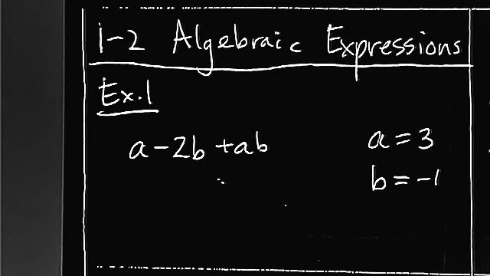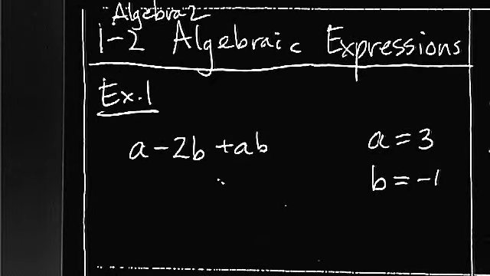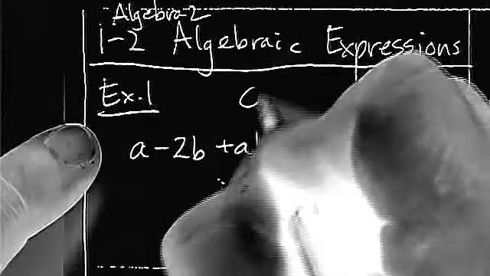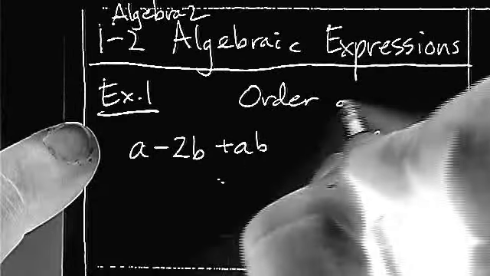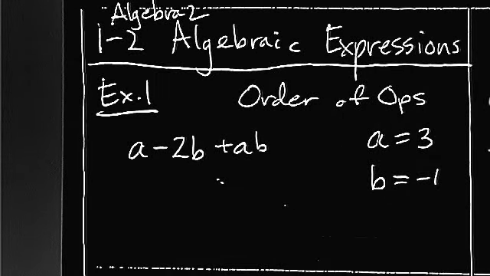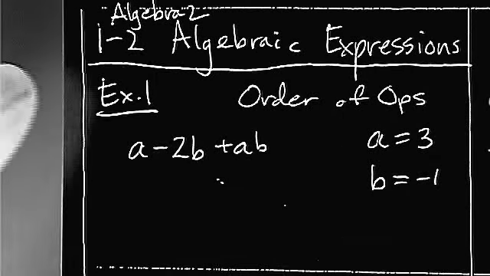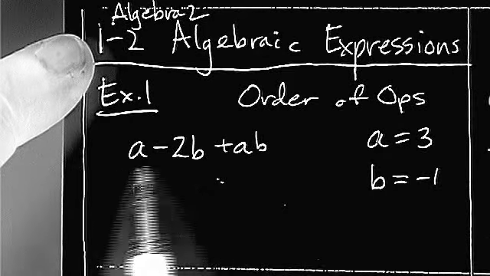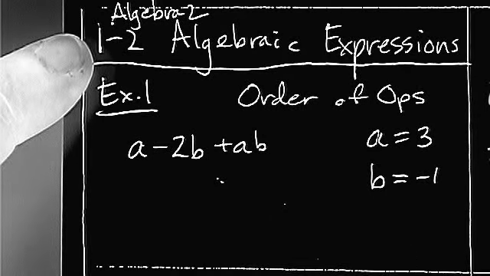So, section 1-2 in Algebra 2 here, about algebraic expressions. I'm asking you to follow the order of operations. If you can follow the order of ops, we are in good shape. If you can't, then we really need to practice, because that's a skill we definitely need in Algebra 2. So if you're given this expression, and then you're told that a and b are equal